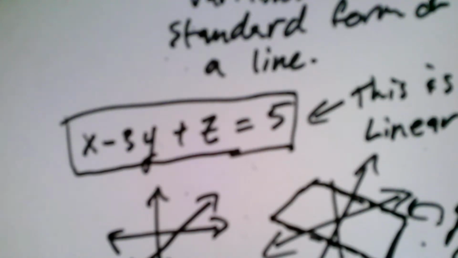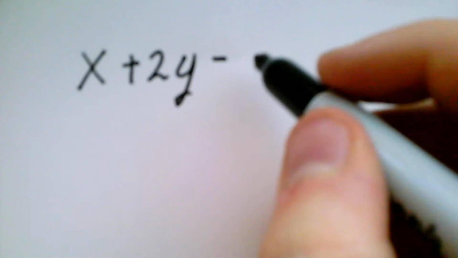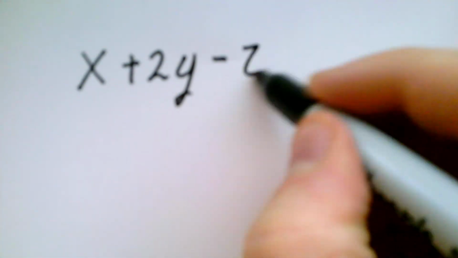Okay, so what we're going to do from here is we've already talked about using substitution, and I think we already talked about using elimination to solve linear systems. And so if we have a higher order system, say like x plus 2y minus z equals 0, and